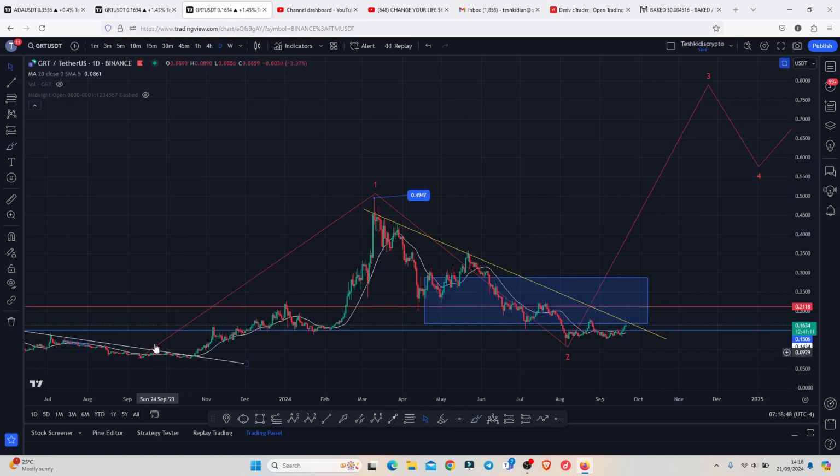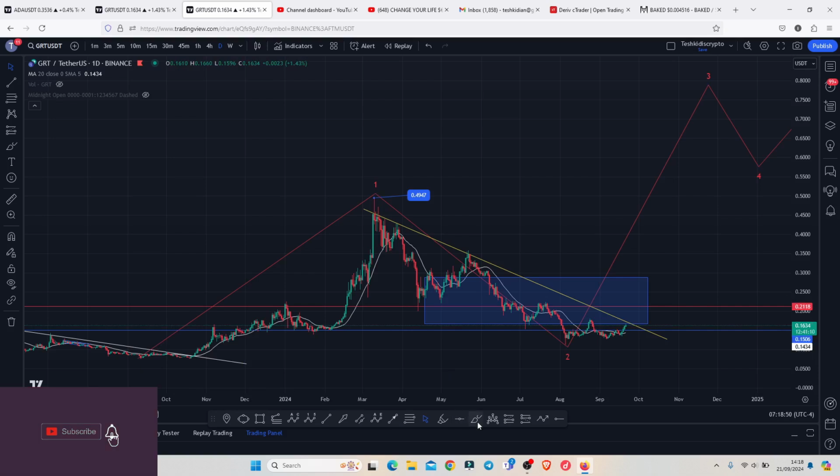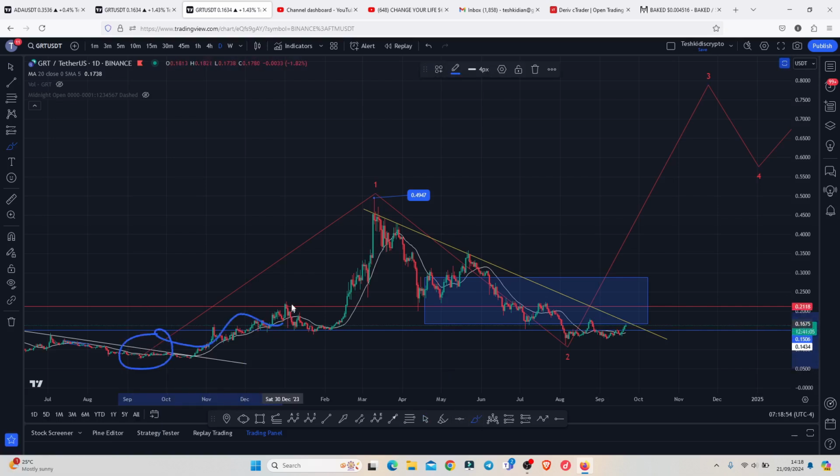You can see that after getting our bear market lows last year, GRT gave us an aggressive bounce to the upside in a move that gave us a high above the 0.4947, completing the formation of this wave 1. And after we peaked in that wave 1, I was expecting a bit of a corrective structure in a wave 2, whose minimum target areas I have highlighted here on the charts using this blue target area,